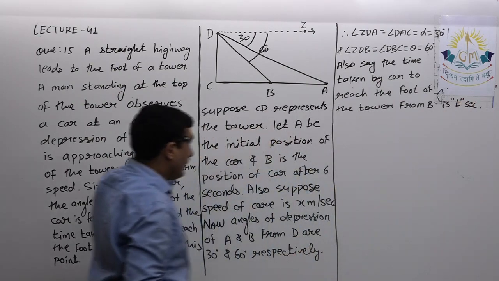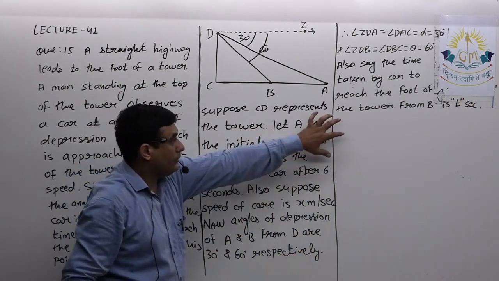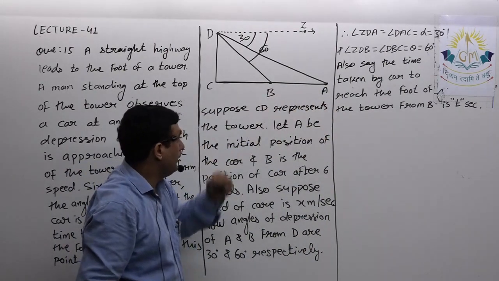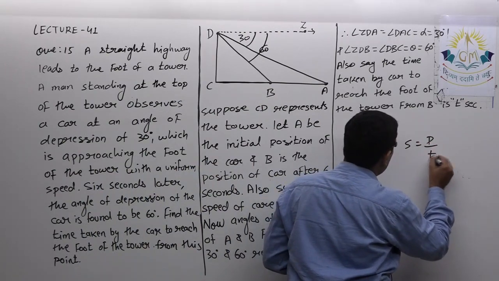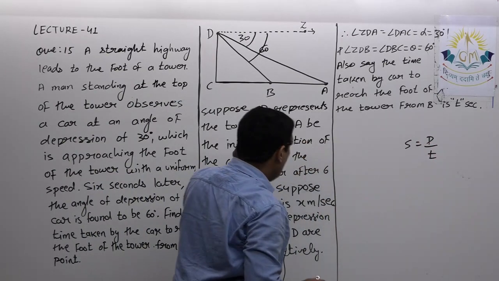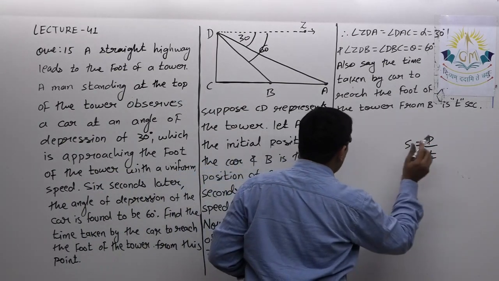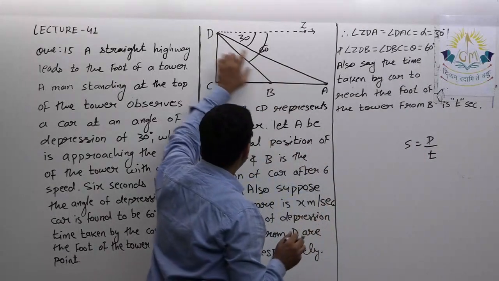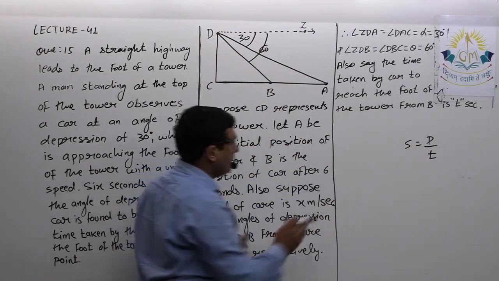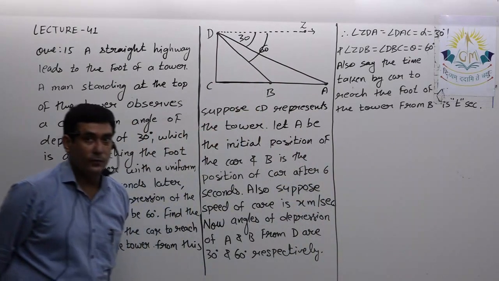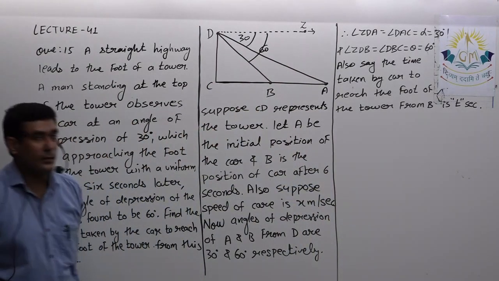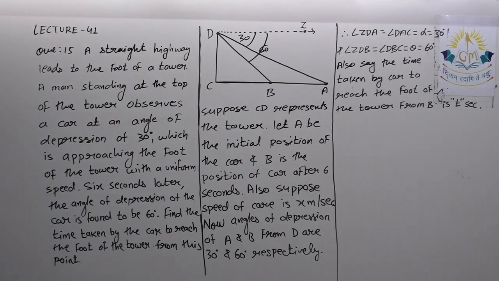Okay, so here we describe the diagram, what we have to find and all these things. Now here we have to use the formula: speed equal to distance upon time. First we'll apply tan 30 and tan 60. Both we have to apply in the different triangles. So think for a while how you proceed from this, then I will give the solution.